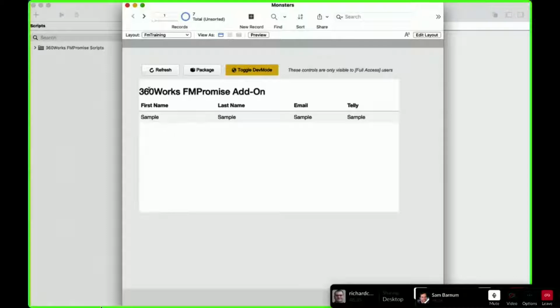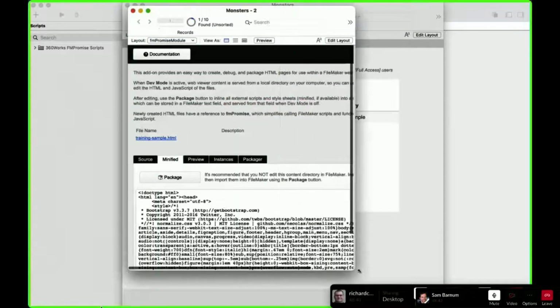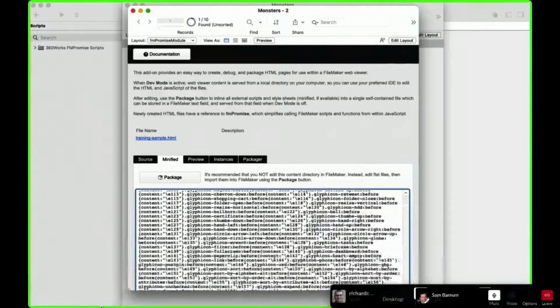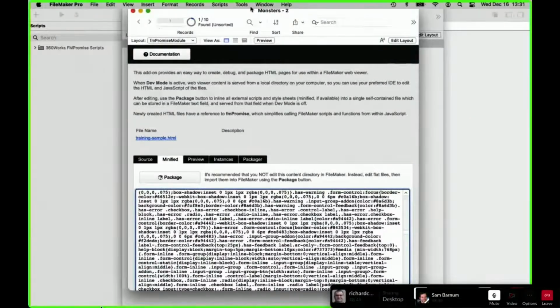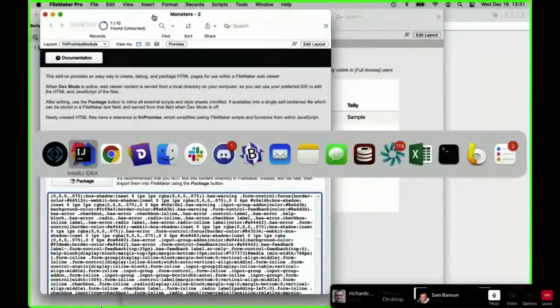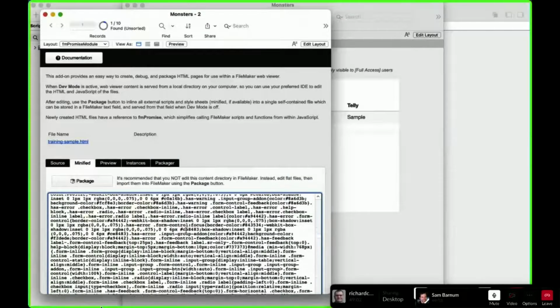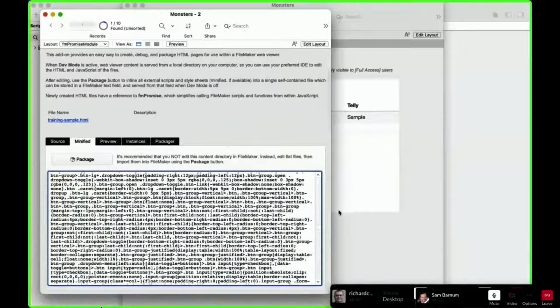All right, and then if we package this, we've got Bootstrap. Now, one thing you'll notice is that this is minified. So when you do package something, one nice thing it does for you is it's minified already. But if you link to something that's not minified, it'll look for a minified version of it, and it'll inline that.